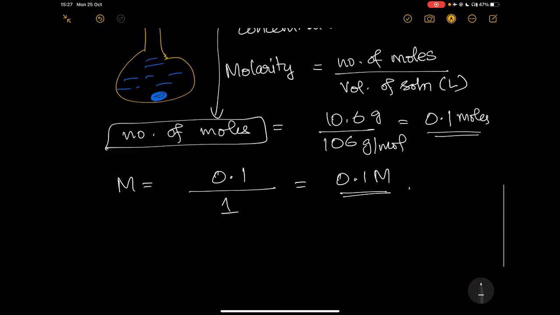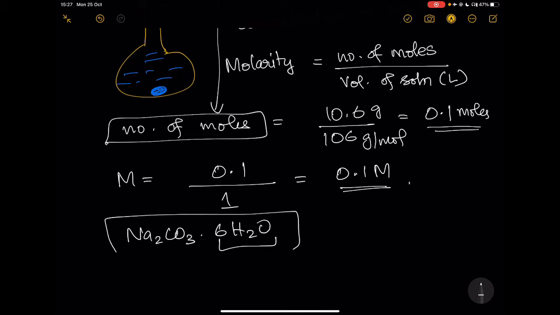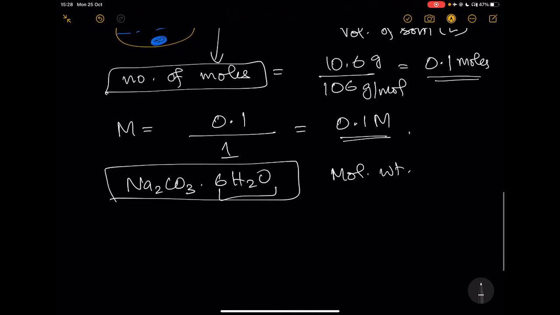What do I mean by complications? You could have a certain chemical that is present. For instance, just taking an example here, Na2CO3·6H2O, where this is the water of hydration. So if the salt that you're ending up using actually has other things that come along with it, which is already known, then one has to calculate the molecular weight factoring this part in.